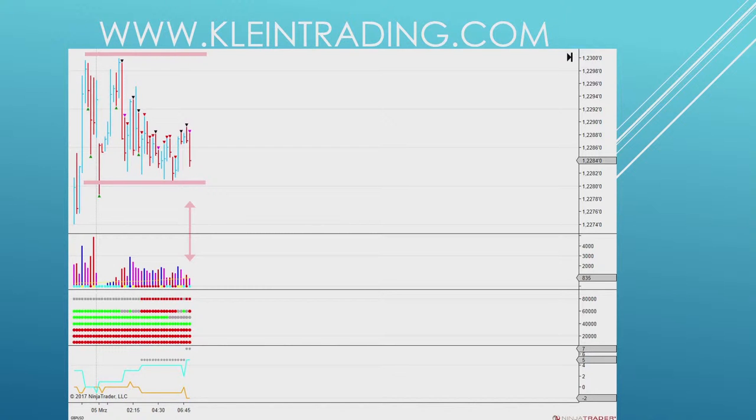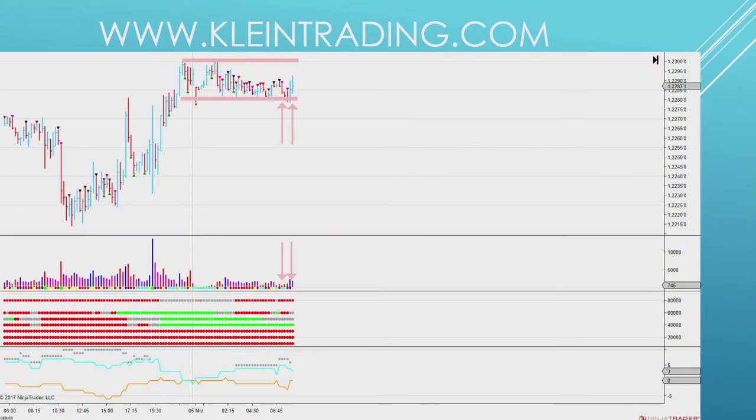Just to zoom in so that you can see it a little bit clearer. Now you can see that the professionals are on their way, and as a rule weakness appears on up bars. And why the professionals in this case? I think they want to sell as many contracts as possible to the amateurs, because the amateurs still think that the market from this place on will carry on the upward trend, that this sideways movement is only a pause of the trend,